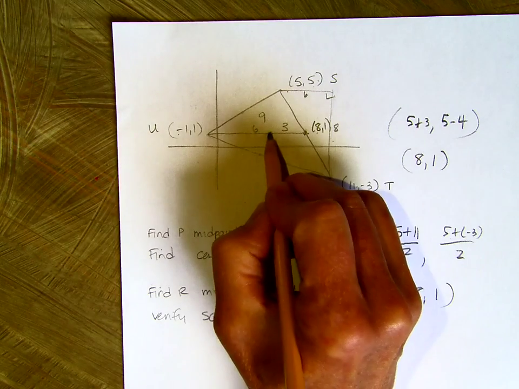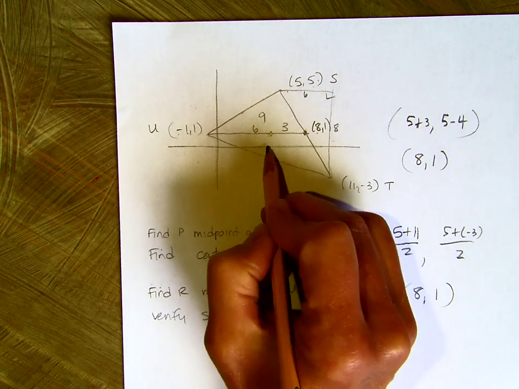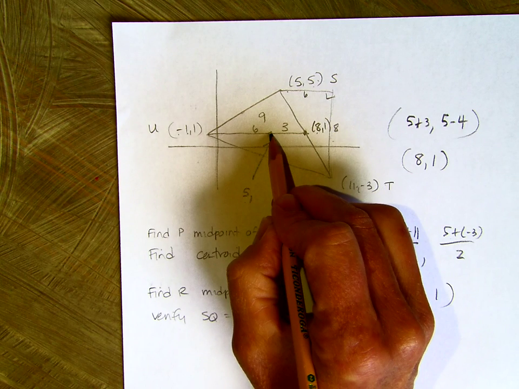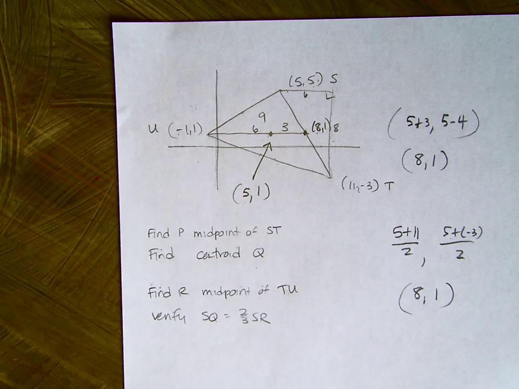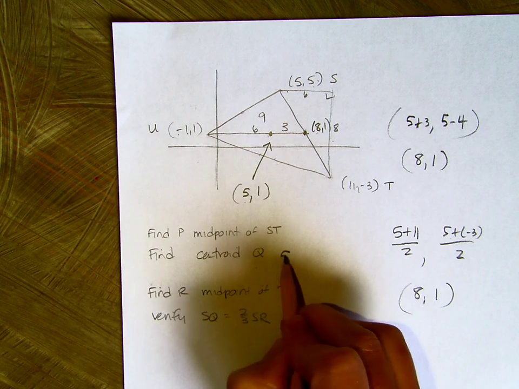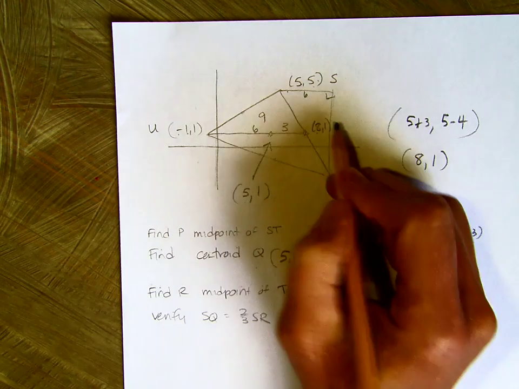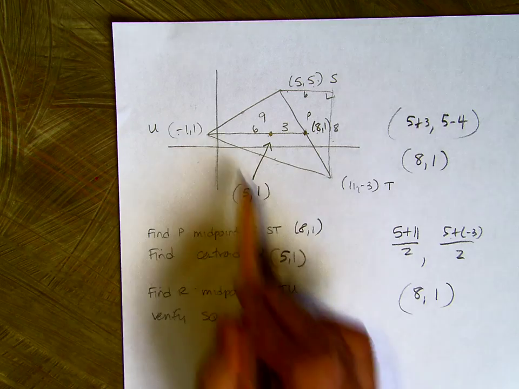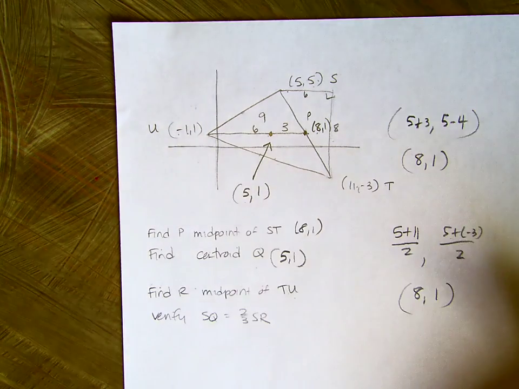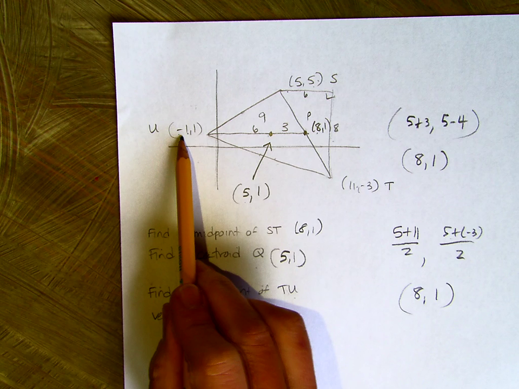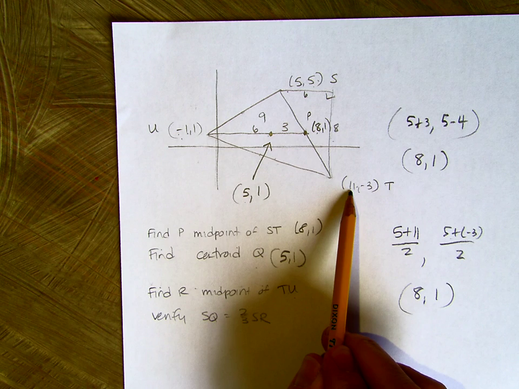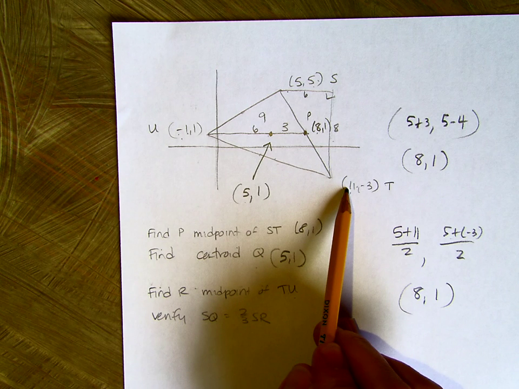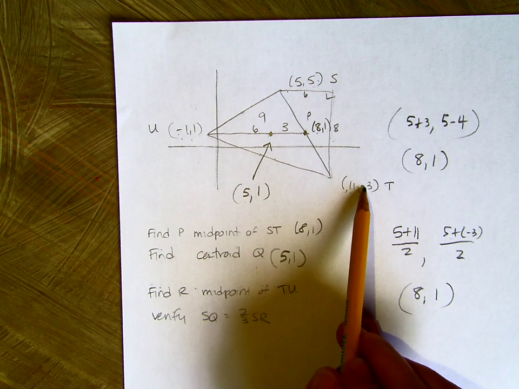So if I was to be 6 and 3, 6, 5. Or you could, and again, my y coordinate is 1. Find P, the midpoint of ST. We already find R, the midpoint of TU. You could, 11. Well, again, you could